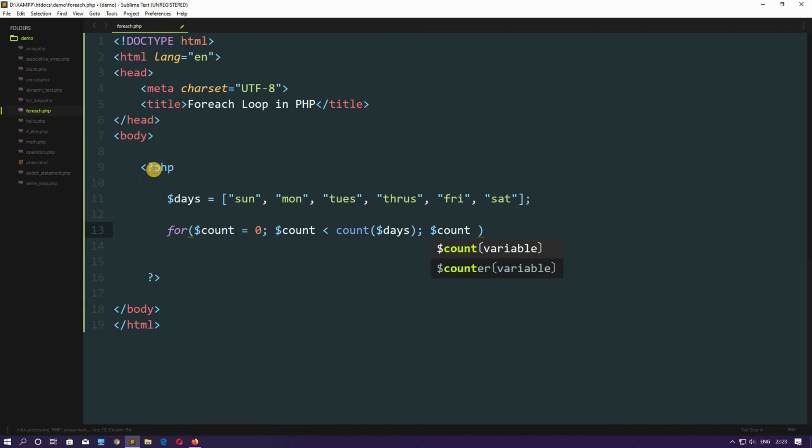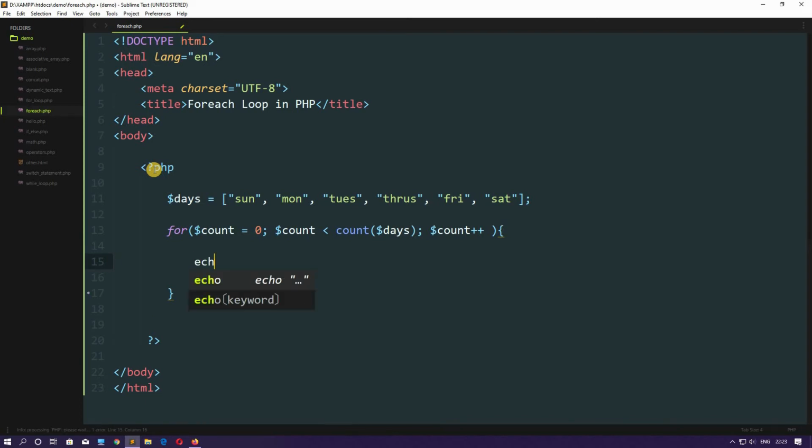$count plus plus, and then the curly braces, and in here we will echo out $days, then the square brackets, and inside here $count.